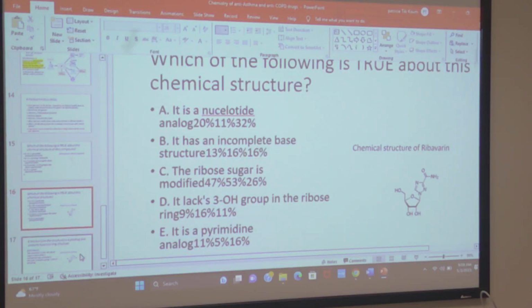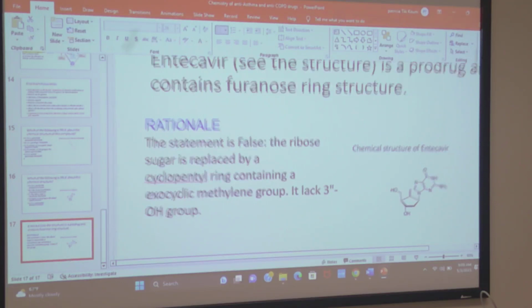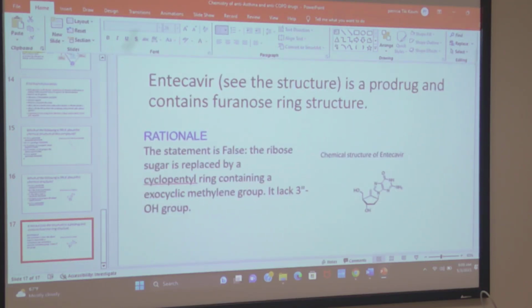Then the third question, I wanted to draw your attention. Entecavir. Say the structure is a prodrug and contains furanose ring structure. Is it true or false? It's false. So you may have seen other true, then you may pick this one true, but it is false because